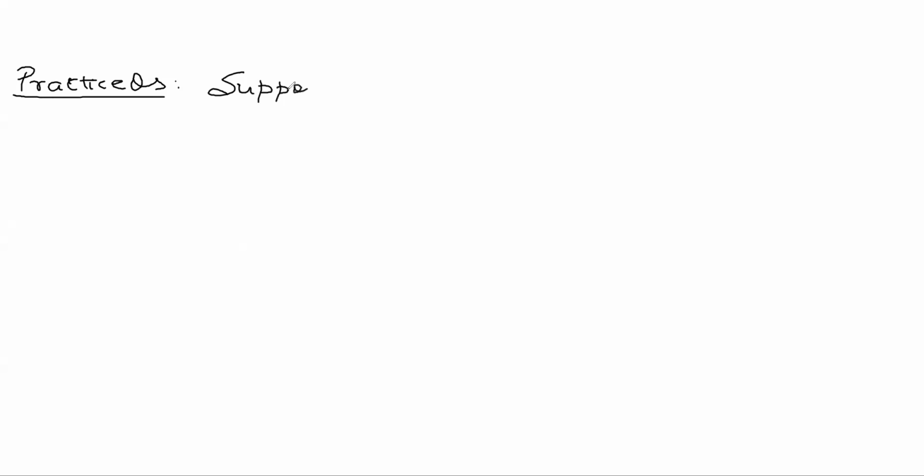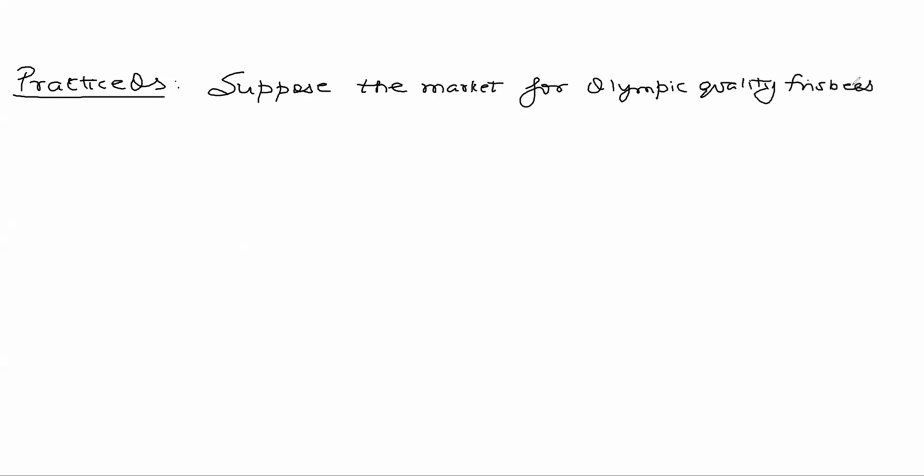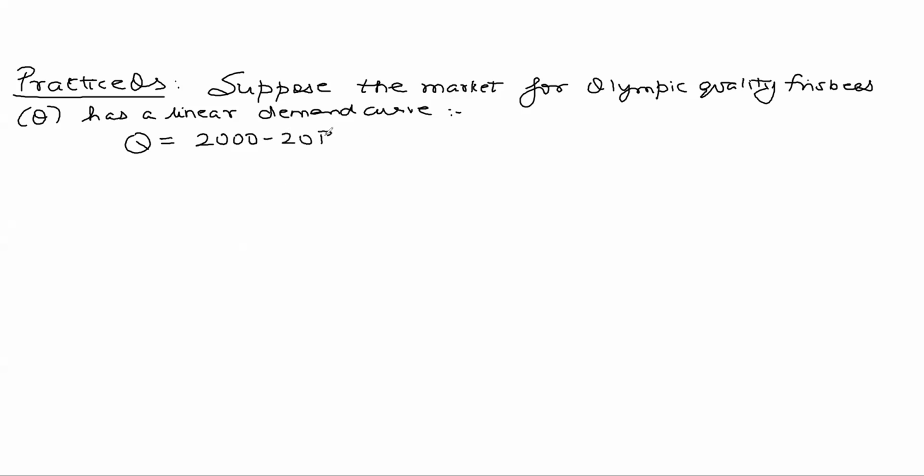Suppose the market for Olympic quality frisbees, which I denote by Q, has a linear demand curve given by Q is equal to 2000 minus 20p,